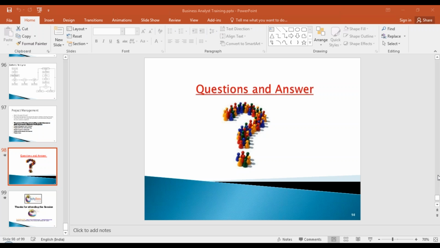What is prototyping? From Asta. Asta, prototyping means there are two types of prototyping. One is a prototyping requirement elicitation technique that is different from a prototyping methodology of the software development lifecycle. So within the software development lifecycle, we have software development methodologies. There we have prototyping, which we will see in detail in a future session.